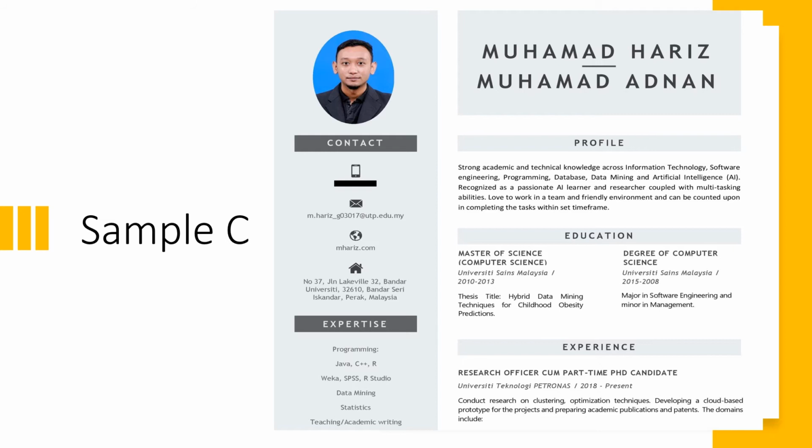Remember, if you are a diploma student, you don't need to put your PMR or UPSR. Just put the two highest. In your case, as a diploma student, you have to put your diploma and maybe your SPM. Okay, that's enough. Don't need to put all the qualifications from your UPSR or PMR. Just SPM and diploma, or maybe you can put your MUET result. And lastly, you can put your experience.